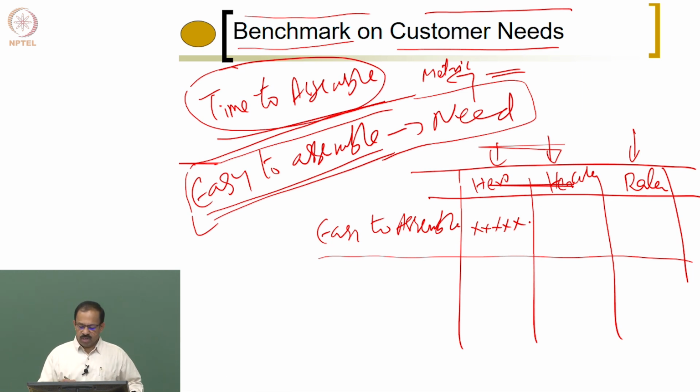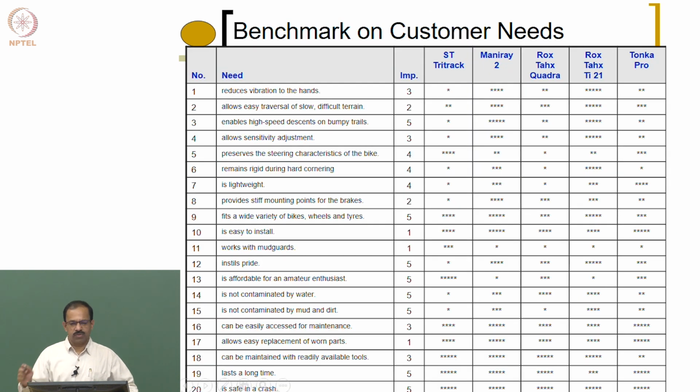And then we look at Hercules, and we say, okay, it is very difficult to assemble, so give it 2 stars. Some comparative value we give. And similarly, we'll say, okay, this one is 3 stars. Like this, if you have more, you can actually give some values here.